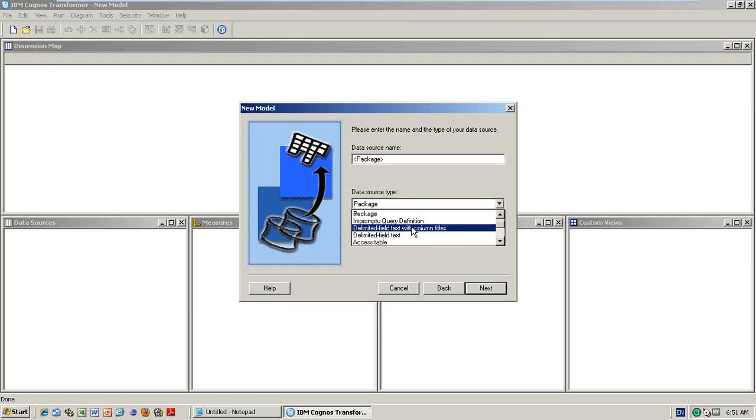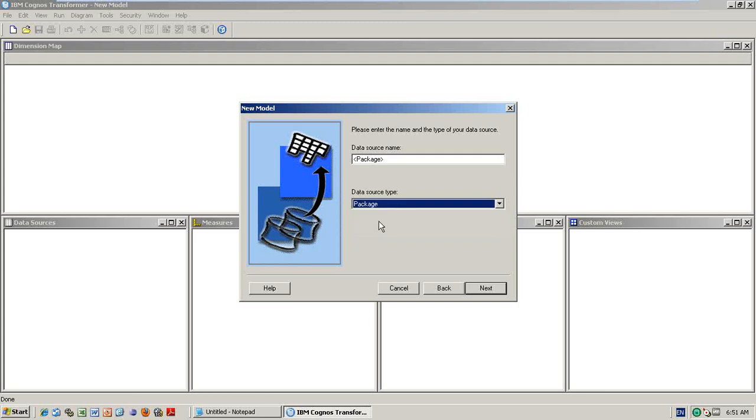But if you are observing the Impromptu query definition, it is a legacy from the previous 7th or 8th version. Impromptu query definitions only we would use, because previously you could not use a report or package as a source. That's the reason why you had to take the Impromptu query definition. But in the 10th version it's eliminated. So you take the package as usual. For creating any report, how are you taking it? For creating an analysis today, how are you taking it? Same thing. You take the Cognos Framework Manager package only as a source. Click next.